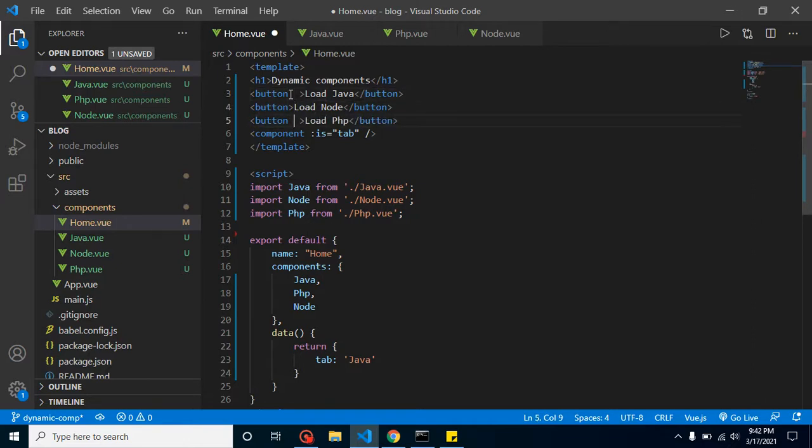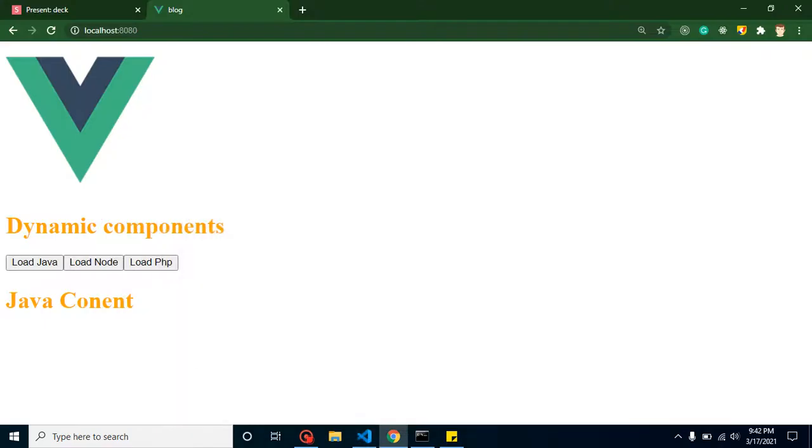First click on PHP, at the rate click, and on click what we can load here: tab equal to PHP, and let me just check it.